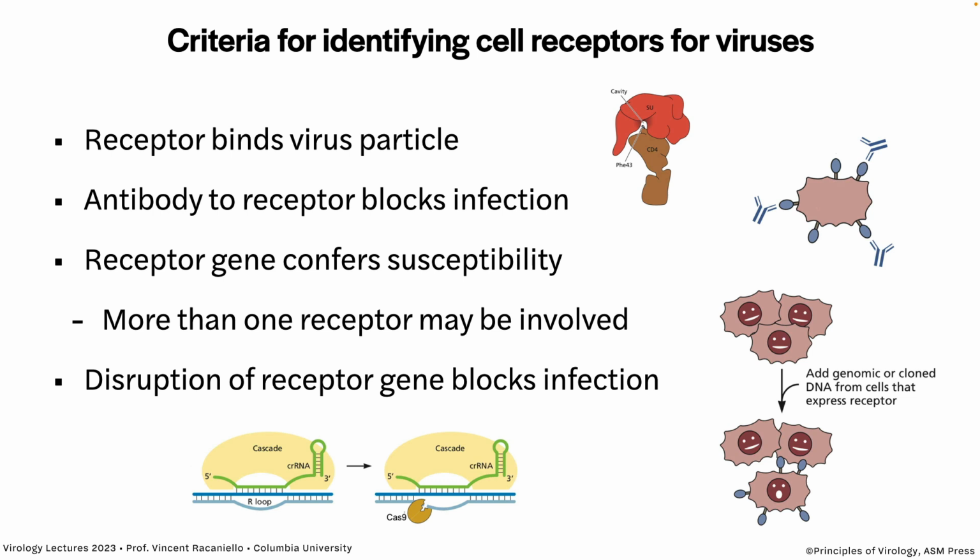It's a very powerful way to say, yeah, this gene encodes the receptor. Of course, if you need two genes, it makes it a little trickier. And finally, you disrupt the receptor gene in a susceptible cell and show that they're not infected. So all of these are needed to show that a particular gene encodes a